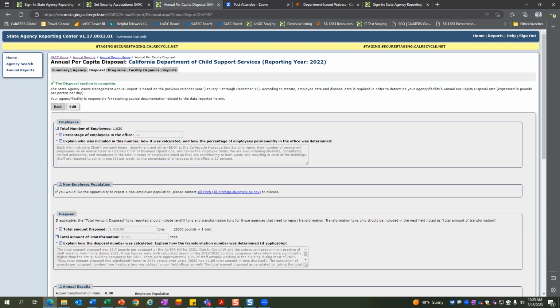So if you're in a DGS lease space, you still report on your agency. If you are dependent upon DGS and they handle all your waste and recycling services, you are expected to use those services in place. If DGS is not implementing a particular diversion service, such as food waste recycling as an example,